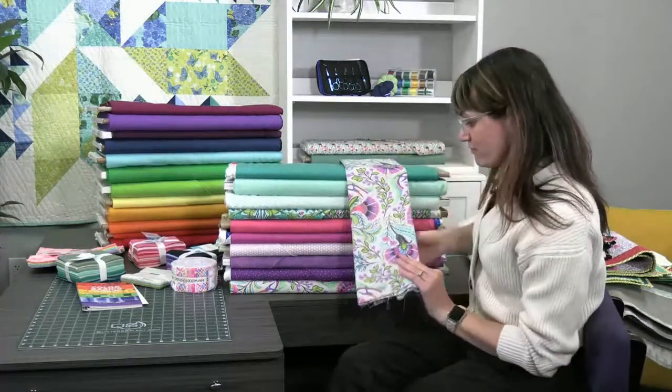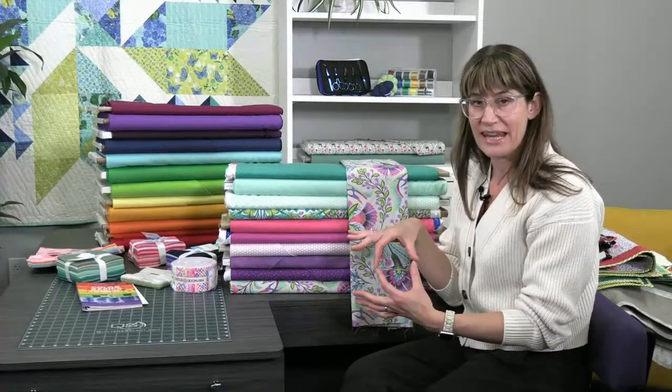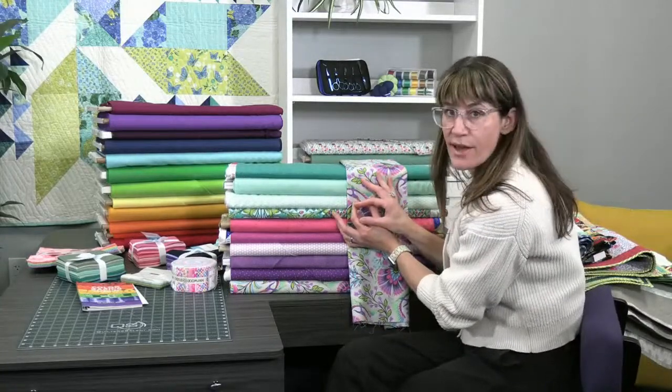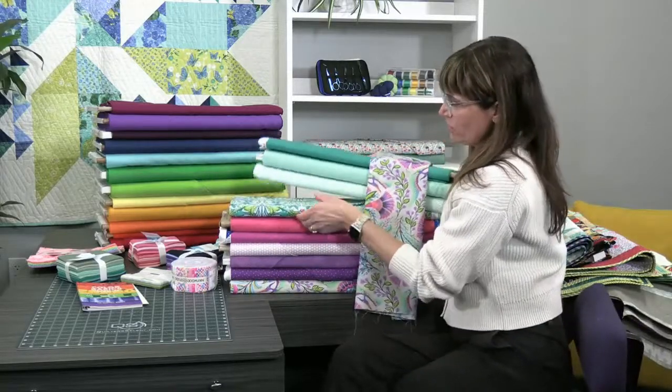So depending on the size of your blocks, the pattern you pick is really critical. For instance, because this fabric here has those cute little pterodactyls, I need to make sure that I'm cutting it into a big spot, because if I'm only using it for a little 1-inch block or something, as you might imagine, no one's ever going to tell there's a pterodactyl in here. So I want to make sure that my quilt pattern matches the fabric, in the sense of how much of the pattern I want to see. And then also, if I know that I really want to highlight this fabric, and I picked a second one that I really liked to highlight this guy right here,